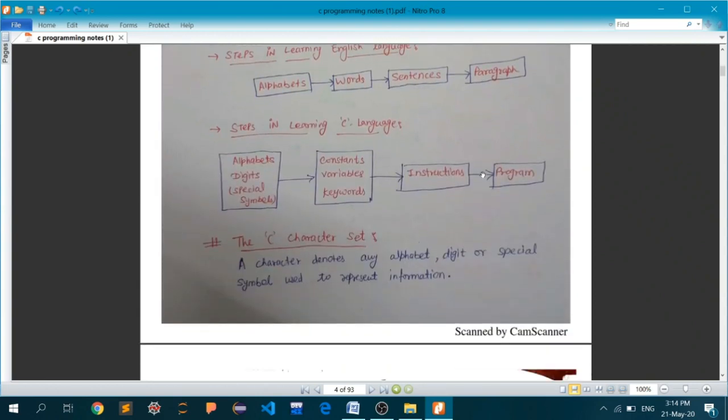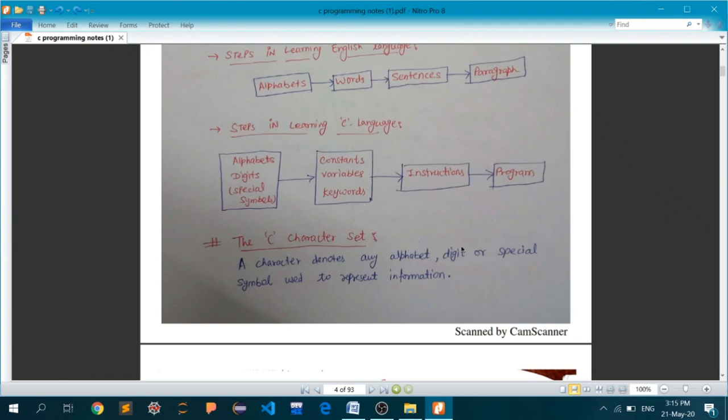As I have told you, those alphabets, digits, and the keywords will combinedly define what kind of constants and variables there are and how you want to define them. And those constants, along with the operators and the values assigned to those constants or variables, will combinedly be called instructions.